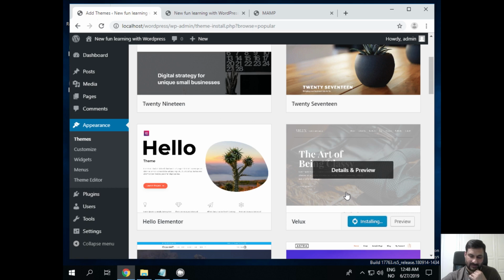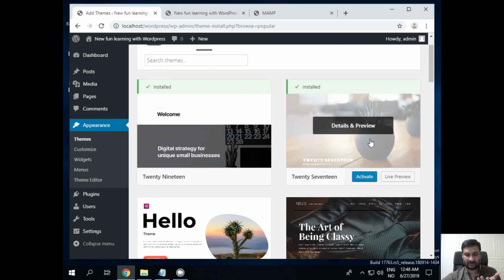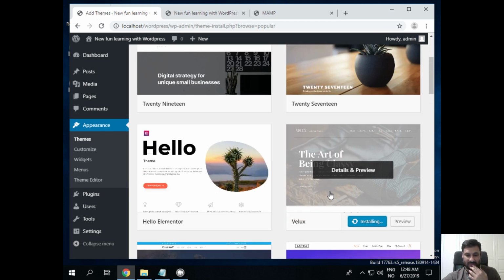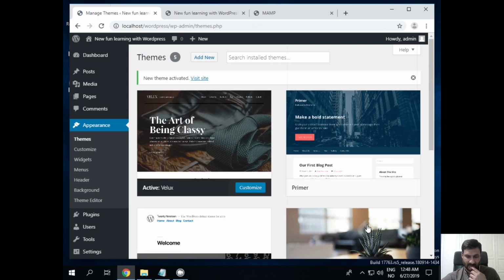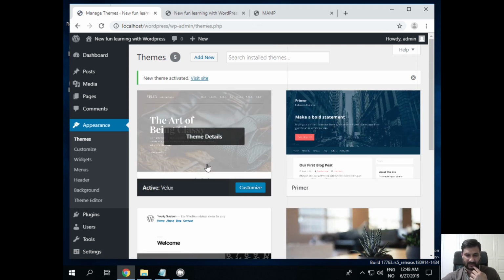You have to really see whether the theme itself is a quality theme, whether it has certain good functionality features in it or not. Anybody can put a great picture on a theme. So you just press install and it installs itself, and it gives you this new blue button saying activate. You press this button activate,